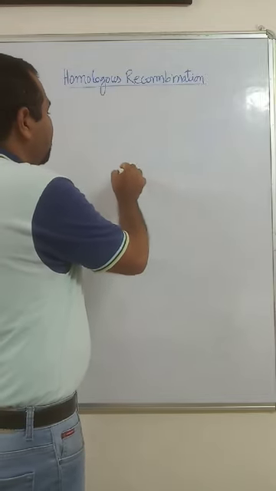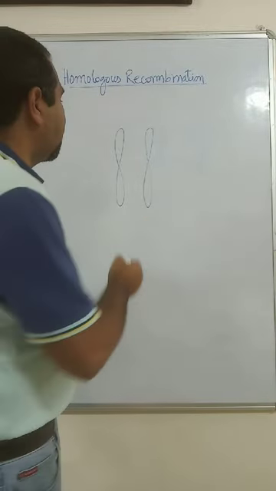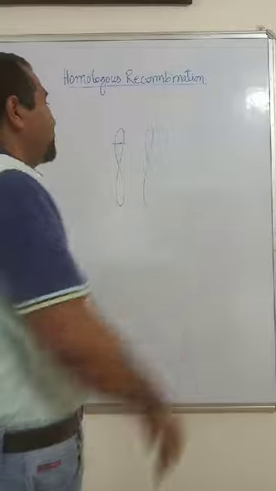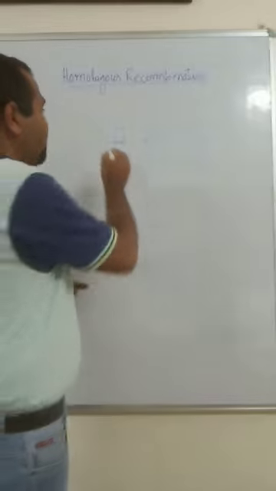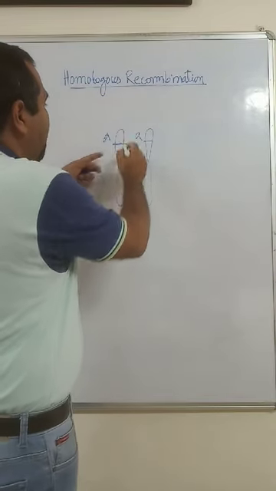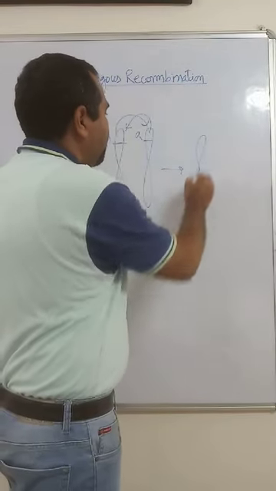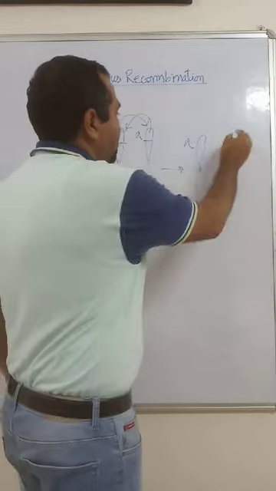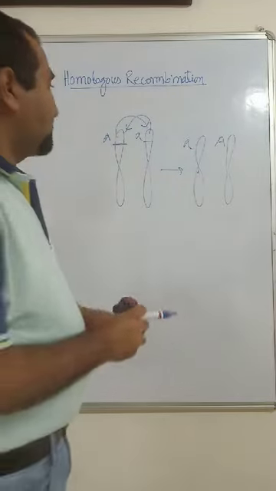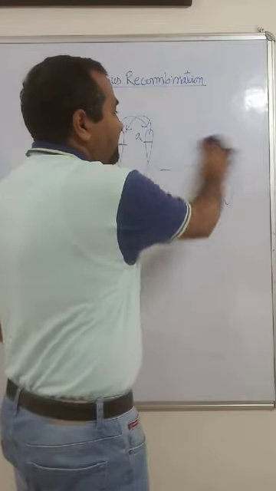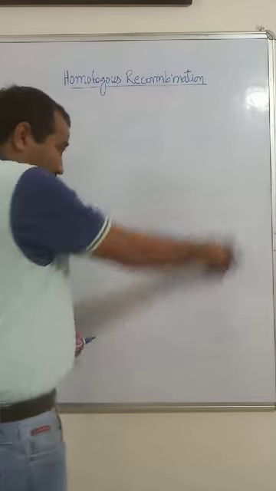Suppose these are two chromosomes, and in the cut and paste model, we say that if this portion is cut by any enzyme, and if it is A and B, then there is reciprocal exchange of both the parts like this, and now it has become A and it has become a. But this was not so simple. It was rejected through a number of experiments on bacteriophage and many other organisms.